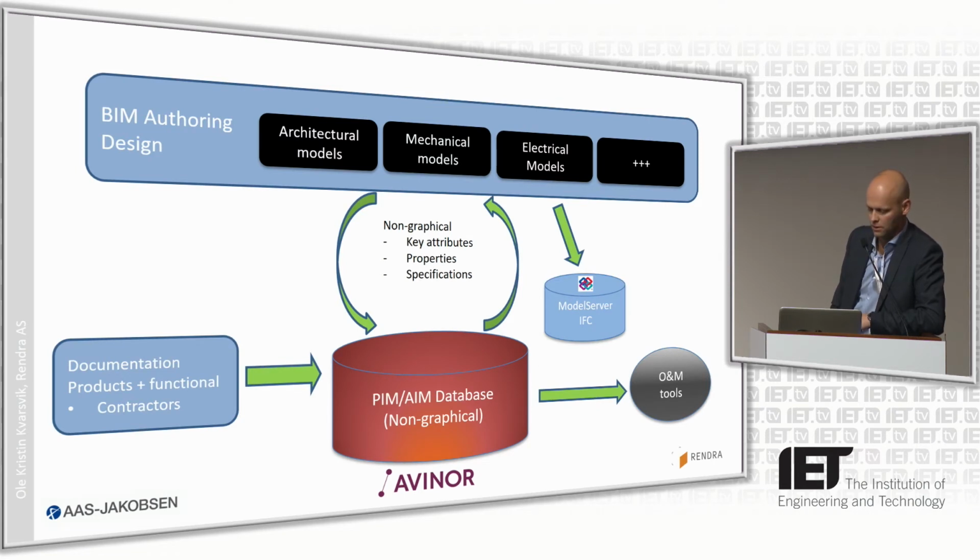So a different view of the same thing. You have all these native formats, BIM authoring design tools, which are synchronized then down to the database, which organizes, classifies, gives an ID. And one of the things that we kind of steal from design is the IFC GUID. But we also have this key, this ID, which is the primary key for everything that happens in facility management at OSL. And they have like 30, 40 different systems using these IDs for different purposes. And they try to maintain it in 30, 40 places as well. And that's not a good plan,